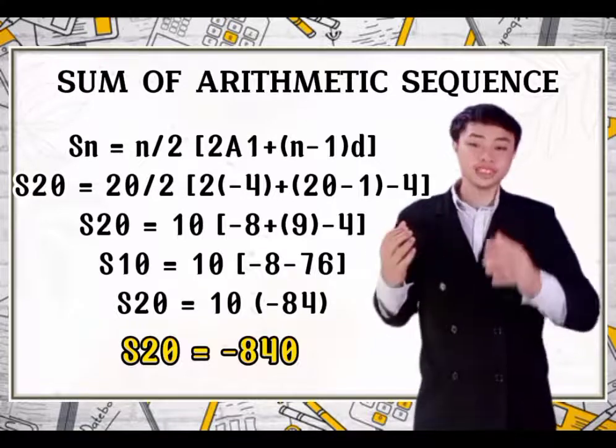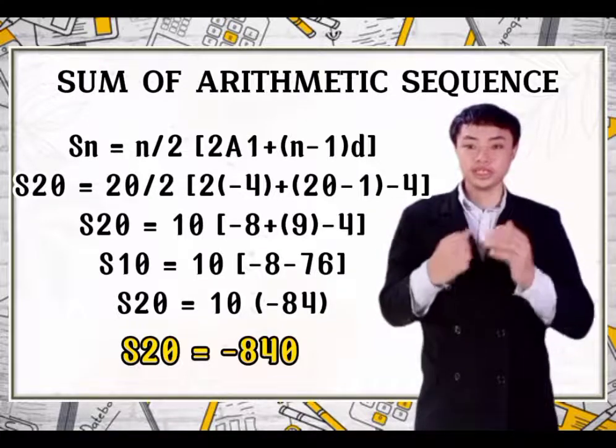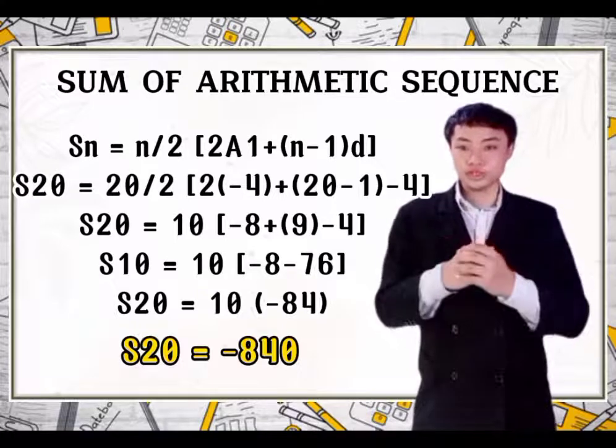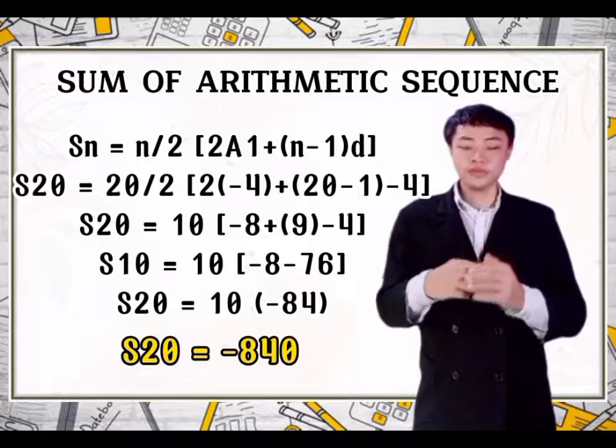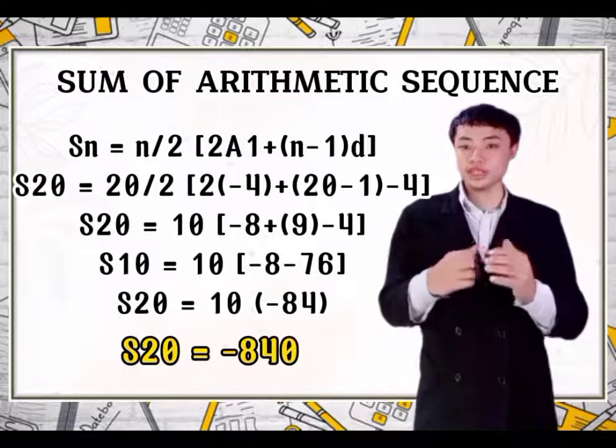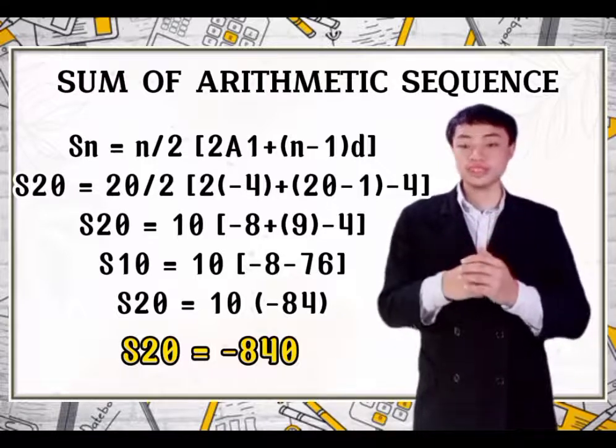So 10 times negative 84 is negative 840. Therefore, the sum of the first 20 terms of the sequence negative 4, negative 8, negative 12, and negative